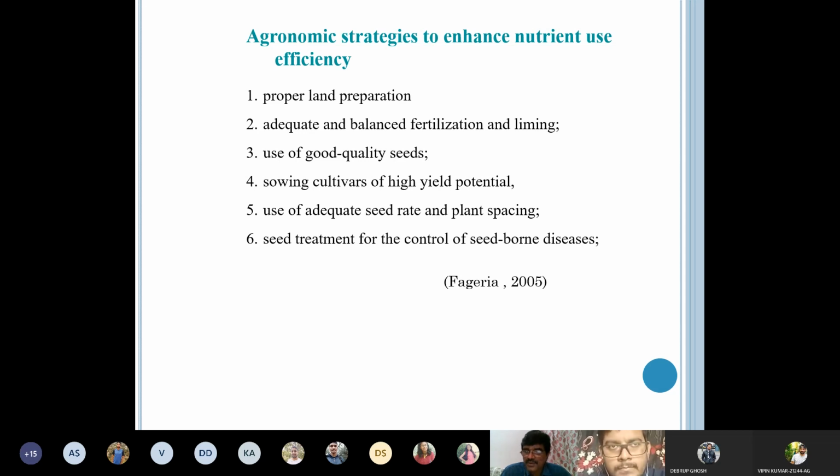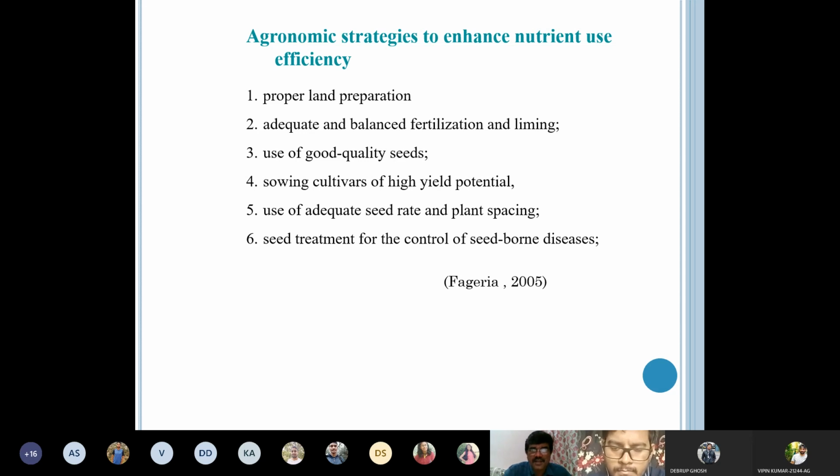So friends, I just forgot to tell you, there is a lot of genetics of nutrient use efficiency. There are volumes of books and volumes of research papers on this aspect. I do not understand that subject actually, but a lot of work has been done on nitrogen use efficiency genetics. QTL have been identified in different crops, and they are doing some work, but the result is not there in practice.